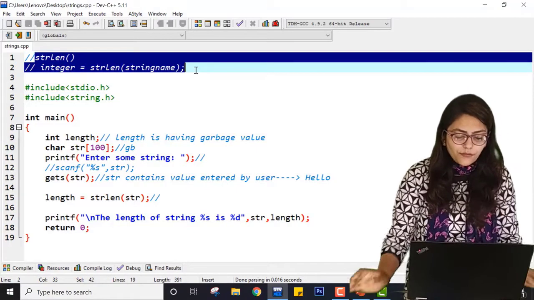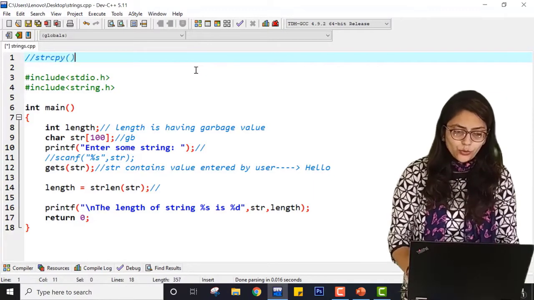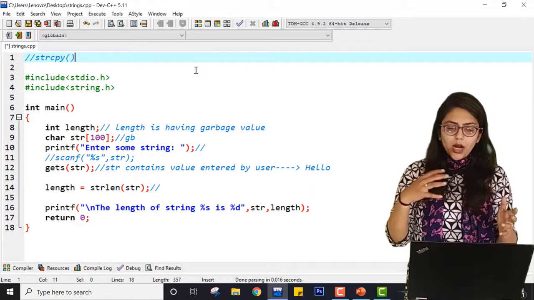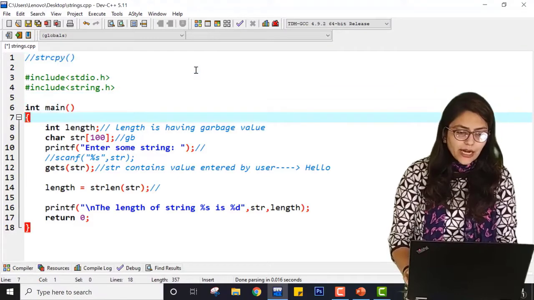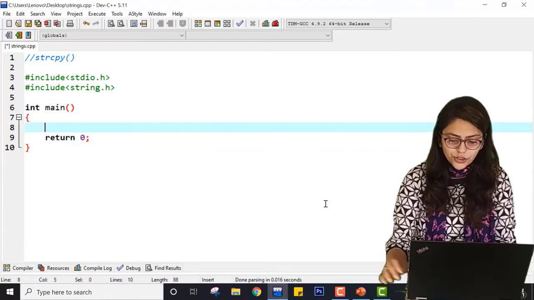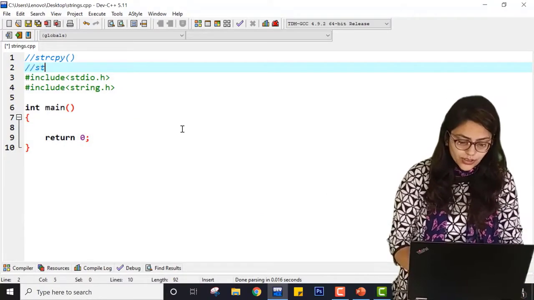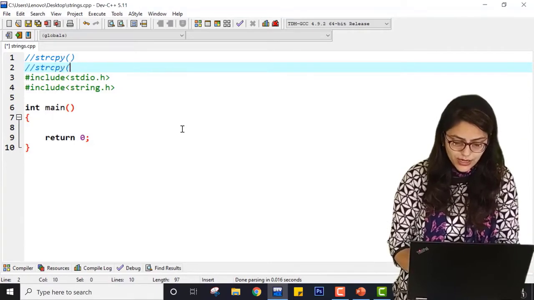Now what are the other functions? strcpy. Suppose you want to copy one string to another string. At that time you can use the strcpy function. Now let me just erase everything. What is the general formula for this? strcpy.